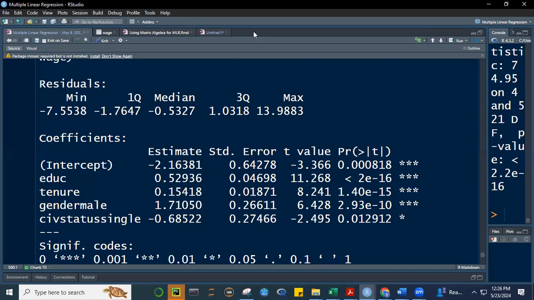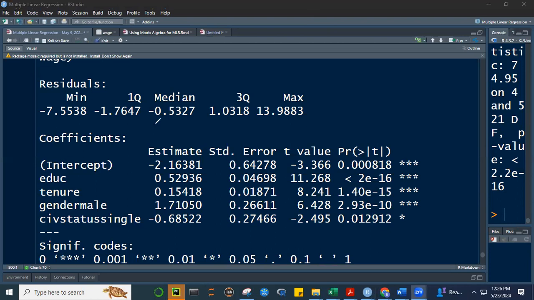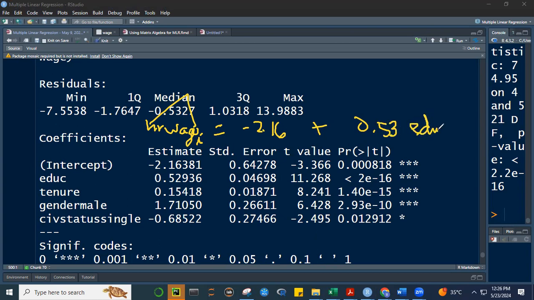Summary model number 5 is hourly wage hat, the predicted hourly wage sub i, equal to negative 2.16, dropping the other decimal places, plus 0.53, rounding off to 2 decimal places, times education, educ sub i, plus